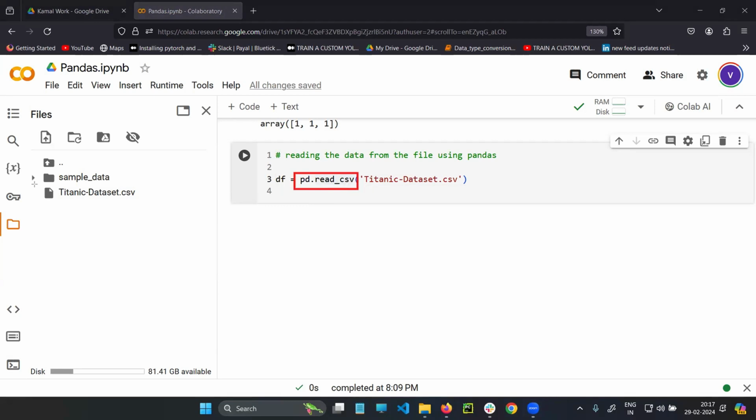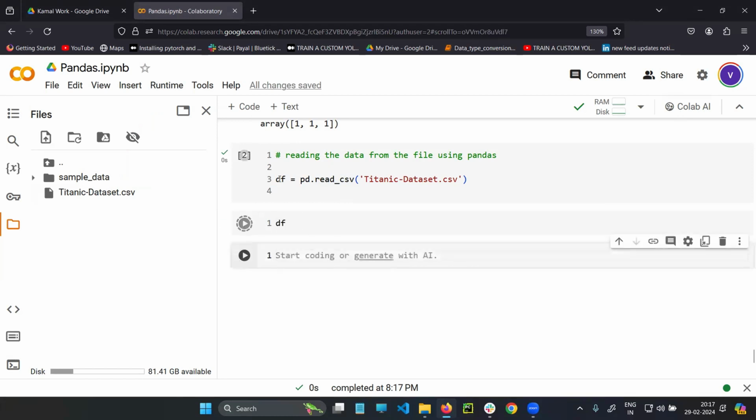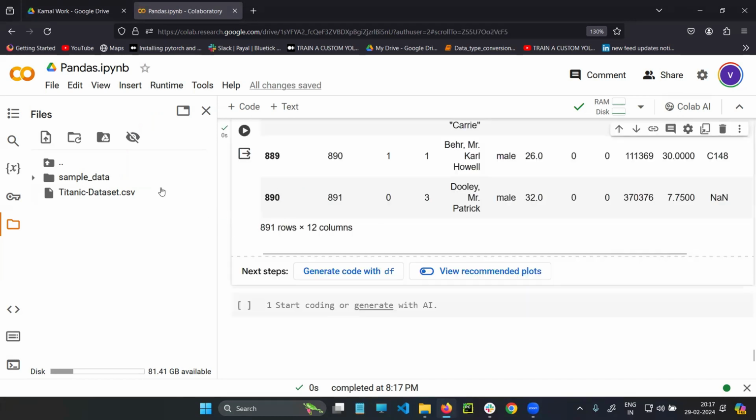Where is the file? I'm giving this file. See the connection, how I'm maintaining it. Whatever data is there, I'm going to read from this file and save in this particular variable. If I run it, see, it executes successfully. If I show the variable in front of you,